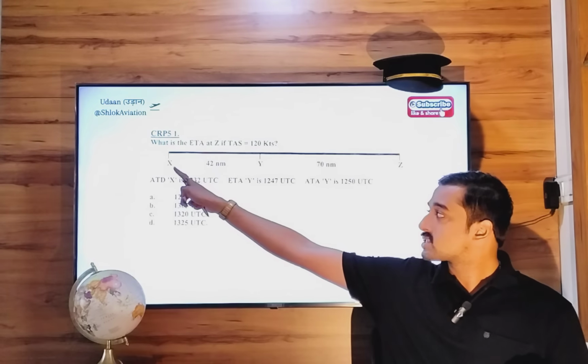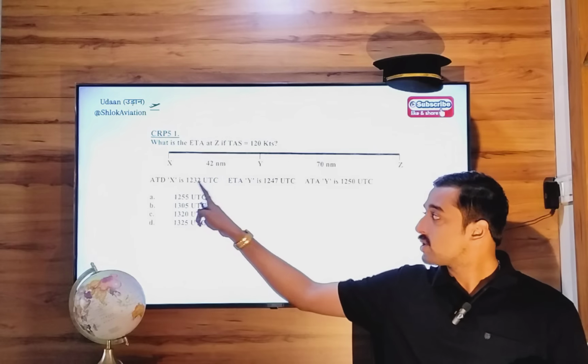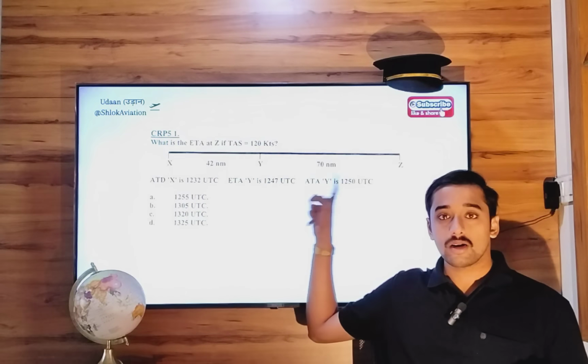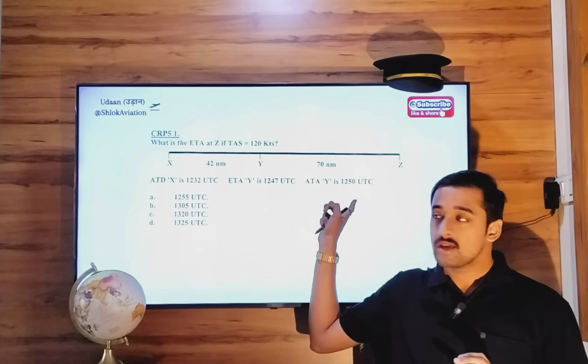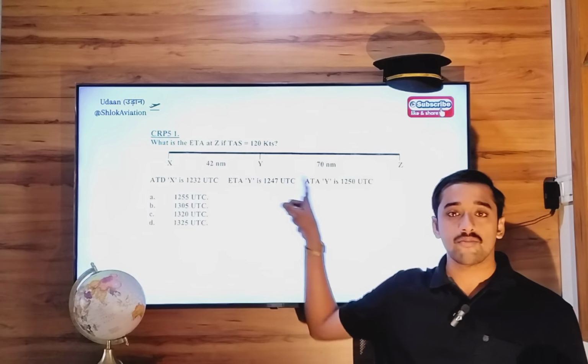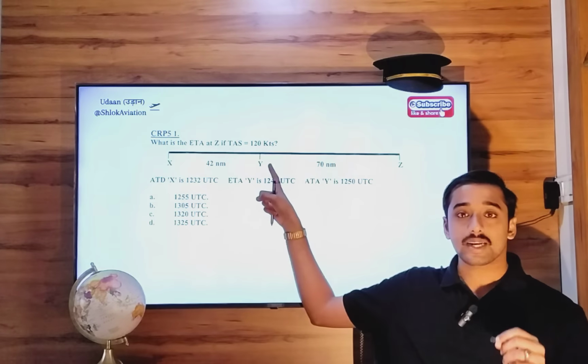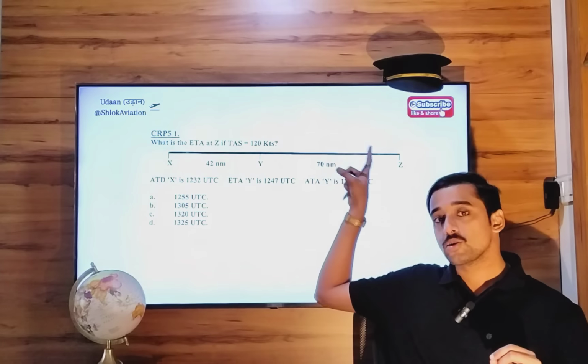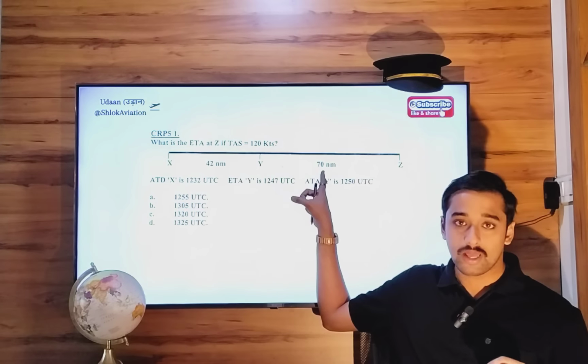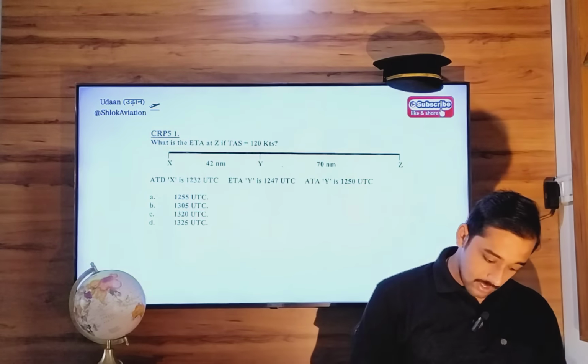So now we know the distance between X and Y. We know the departure time. We know the actual arrival time. With distance and time known, we can find ground speed. With that ground speed, we will find the time taken to go from Y to Zulu because we know the distance between them. Okay. So step number 1 will be